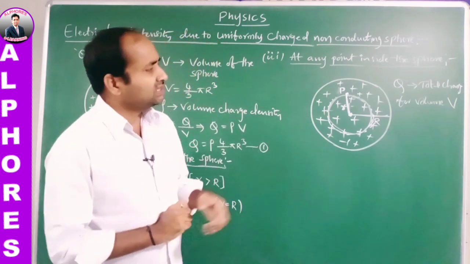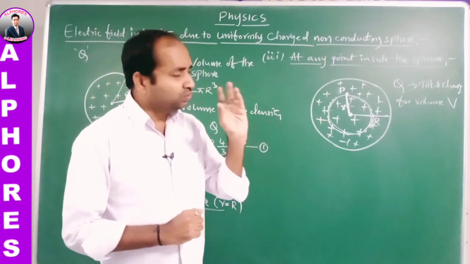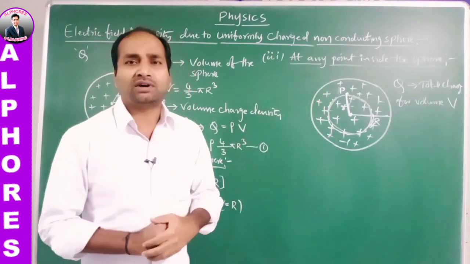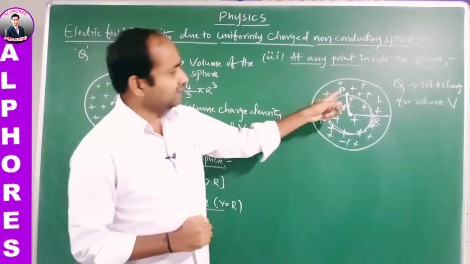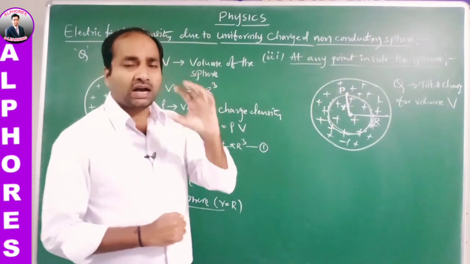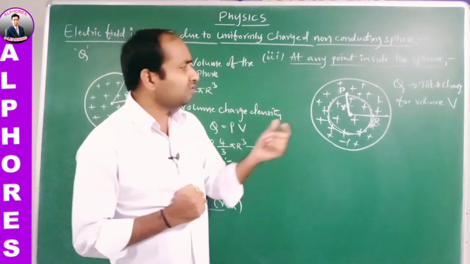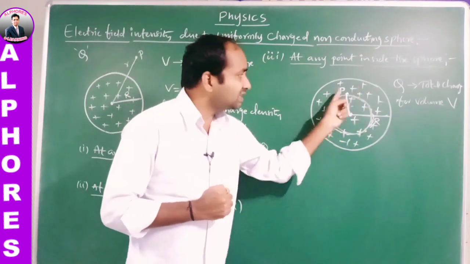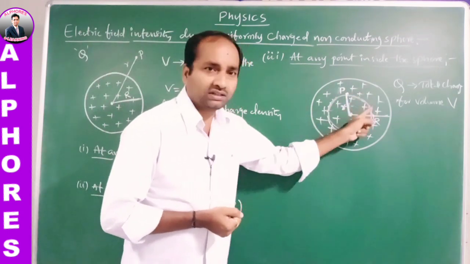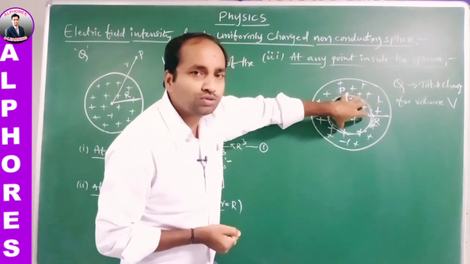So obviously we got the electric field intensity is 0. But here this is a solid sphere, and charge is uniformly distributed throughout its volume. We are calculating the field at the point P, so again we construct a Gaussian surface in the form of a sphere. Now we need to find the charge enclosed by this Gaussian surface. The entire sphere has charge capital Q.